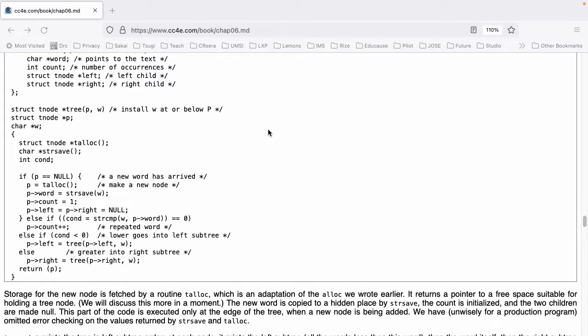struct tnode *tree(p, w) We're going to install w at or below p. struct tnode *p; char *w; { struct tnode *talloc(); char *strsave(); int cond; if (p == NULL) { We've got a new word. p = talloc(); to make a new node. p->word = strsave(w); p->count = 1; p->left = p->right = NULL;